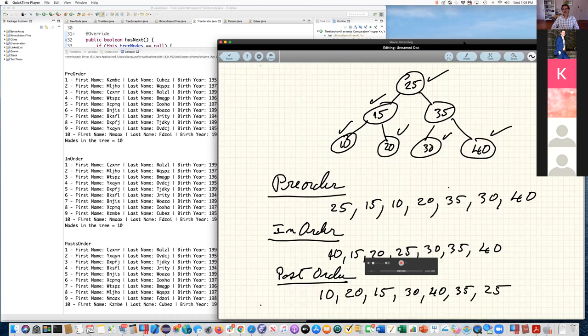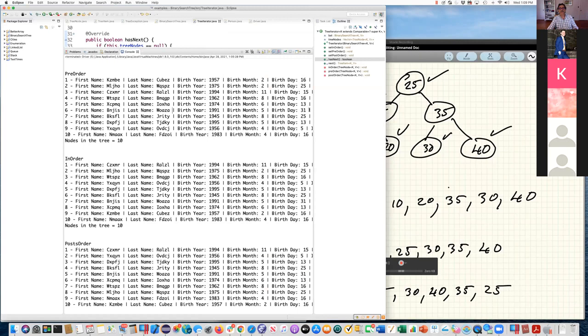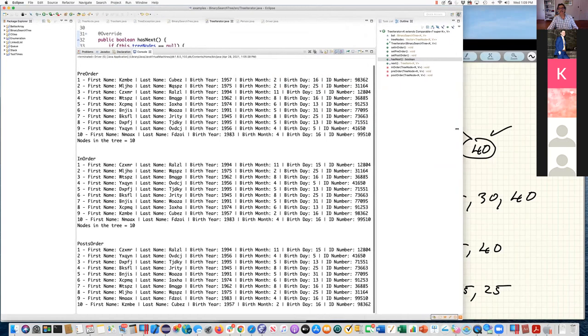And notice that when we look at our traversals, we can actually go back and rebuild the tree out of that. So when we look at these pre-order traversals of our people that we have in here, each person has an ID in this case.